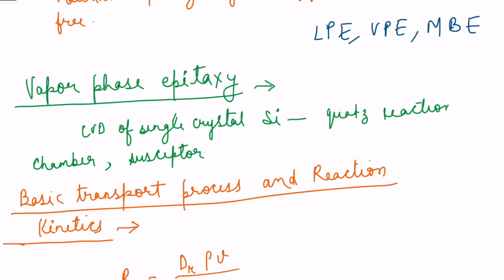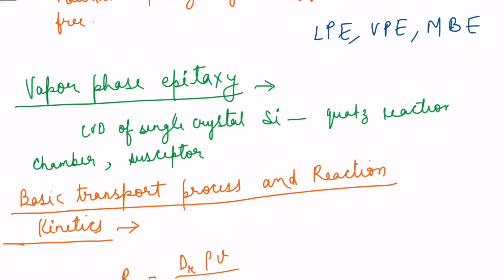the process occurs when the material is in liquid state. But silicon is a little bit of a typical task to be in liquid phase. So generally we will talk about the VPE and MBE. So first we will talk about the vapor phase epitaxy.